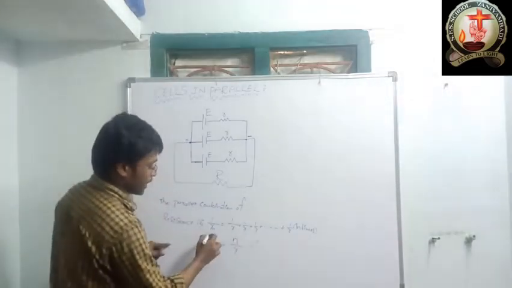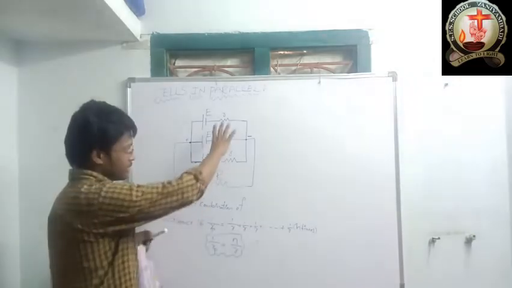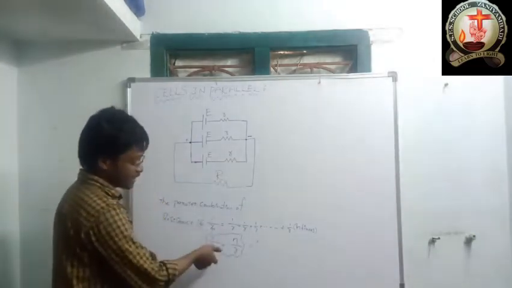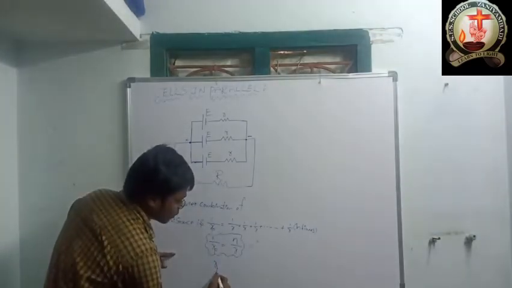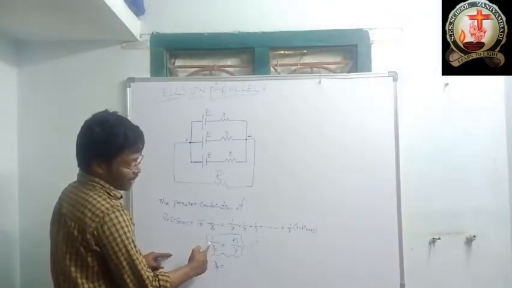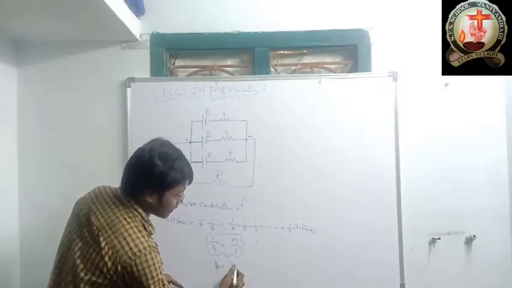This is the parallel combination of the resistors, these 3 internal resistors. So now I am interchanging this term. We can write the denominator term in the numerator form. If we interchange on the LHS side, on the RHS side also we can interchange. So what is that? Rp equals R by N.